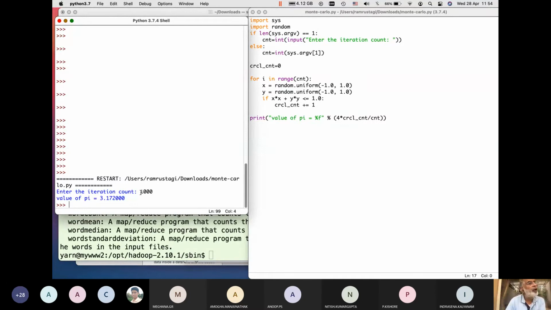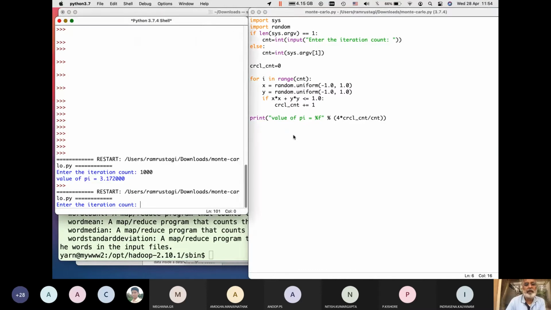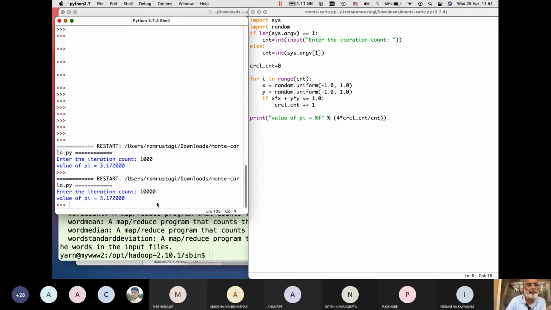Now, as long as I keep taking more points, I'll get closer and closer to the area. So if I run the program again, this time with, let's say, 10,000 points, it still gives the same value. That's okay.